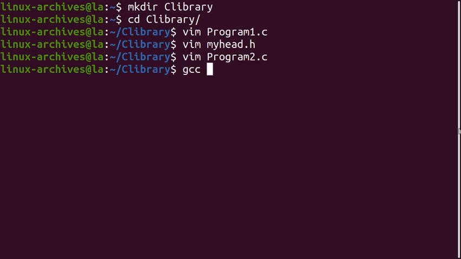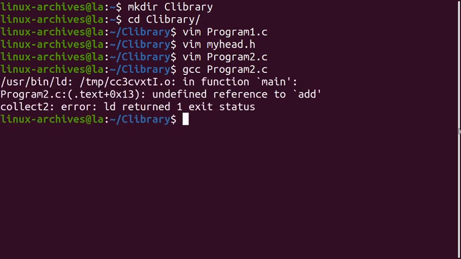If we compile this file directly, we would get an error. That is, the program is unable to find the function add. So first of all, we will create the static library.